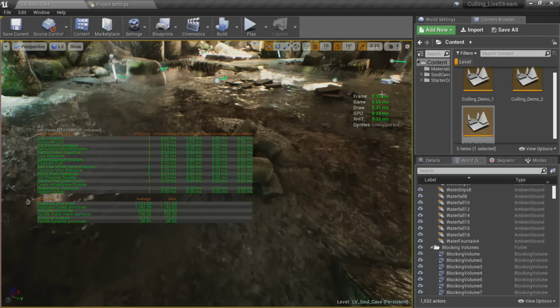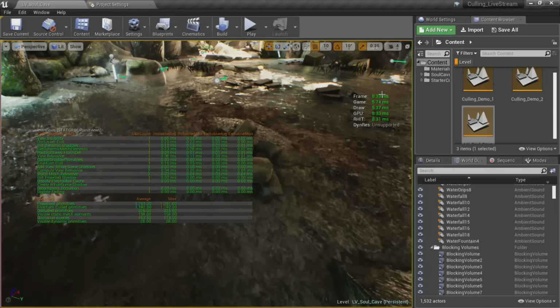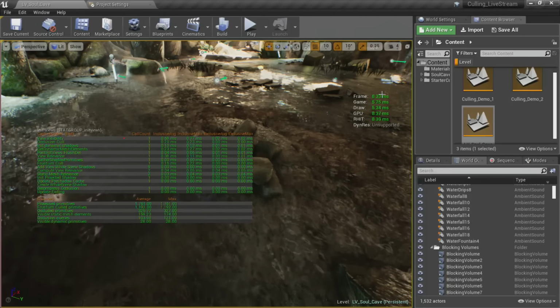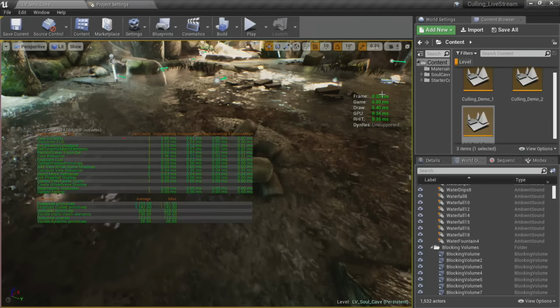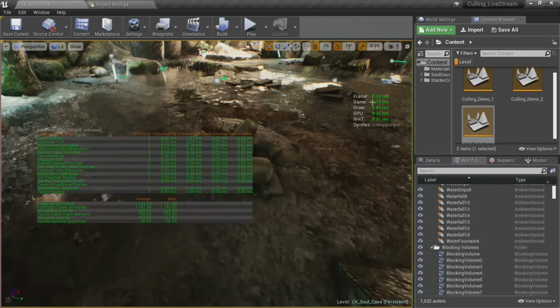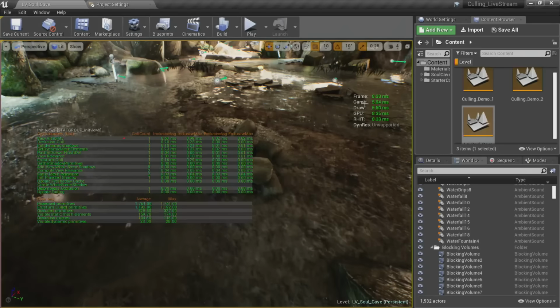So the GPU is saying, hey, I've got all these things that I'm doing right here, and using cull distance volumes can help reduce that and bring it back down to something more manageable. But the game and the draw are going to be your CPU ones that you keep an eye on. So it just depends on where you're bound and what method you're using. As far as settings go, there's not really a lot of settings that you need to use. I would say just using the cull distance and distance culling stuff would be your first step to shift some of that balance from the GPU over to the CPU.